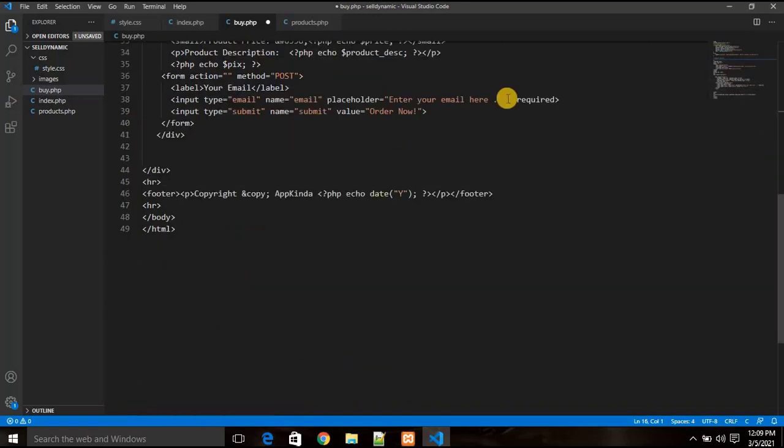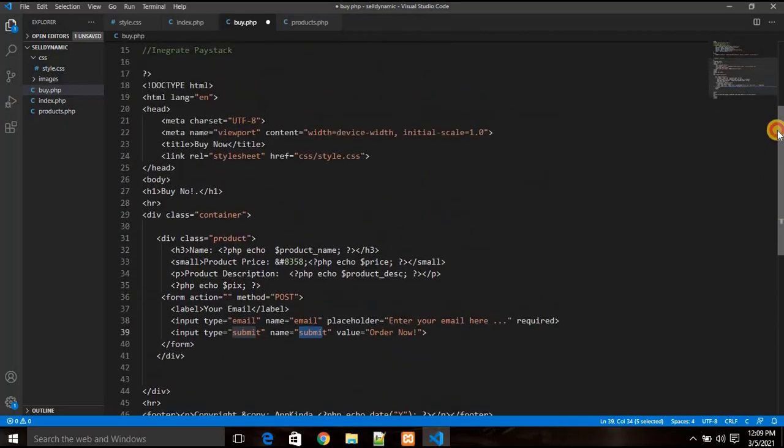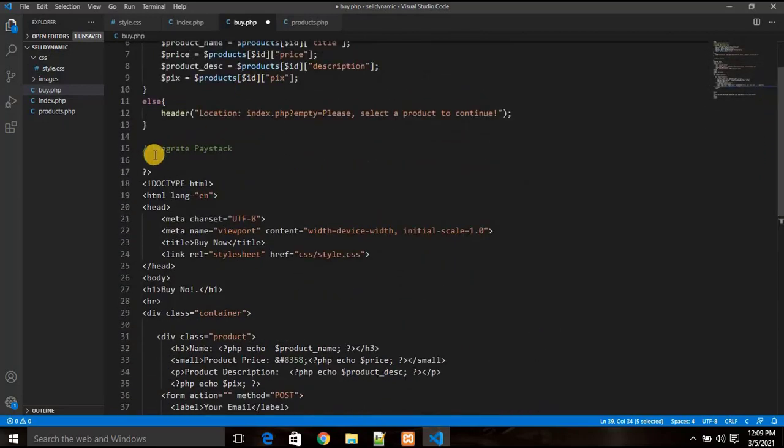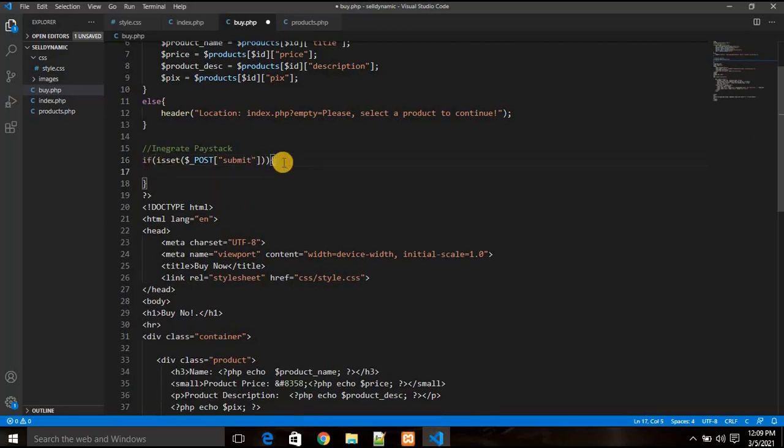We created a form on this page that the name of the submit button is called submit. So we're going to check for that submit button first of all, and to do that is really very simple. We want to make sure that before the code for the integration executes, somebody must have clicked on the submit button. So I'm going to just use an if statement for that. So if isset, and this is going to be $_POST, because we are doing everything in the post array, and the name of the submit button was called submit. So I'm going to type submit right here, and within these curly brackets,